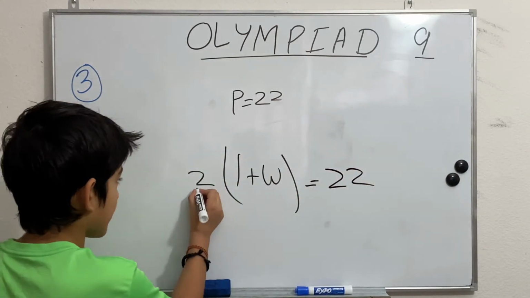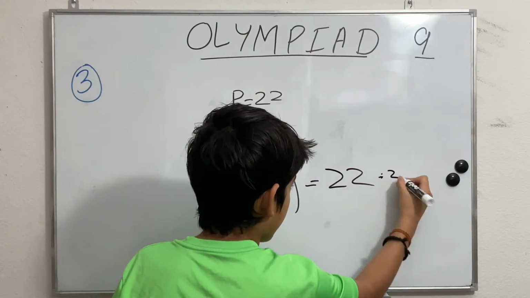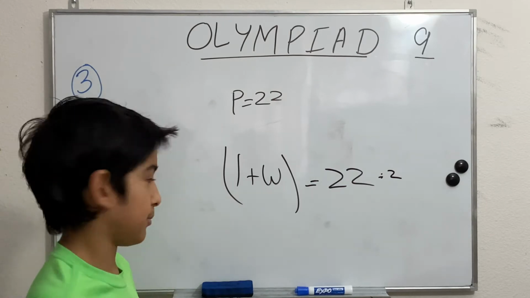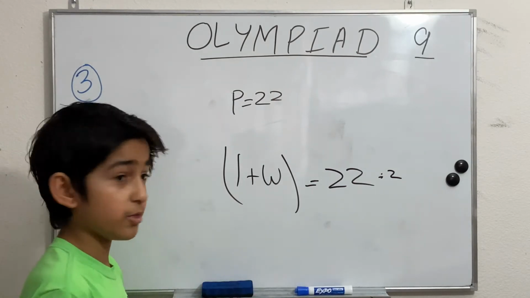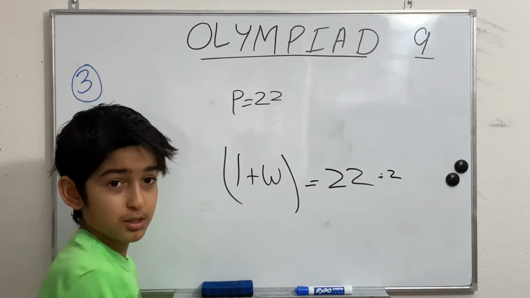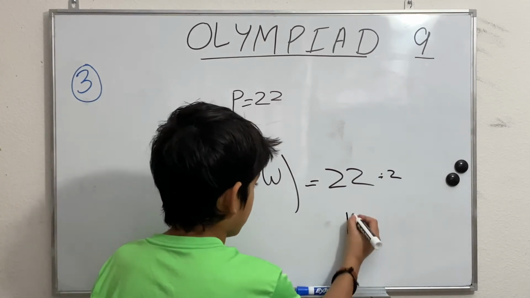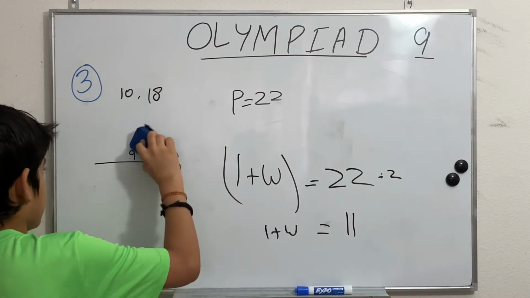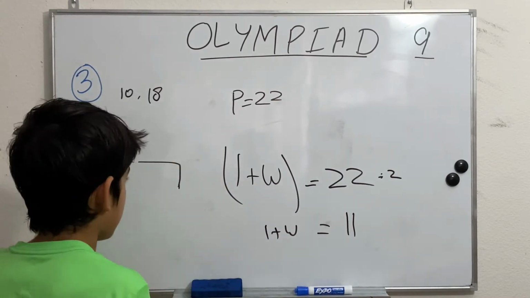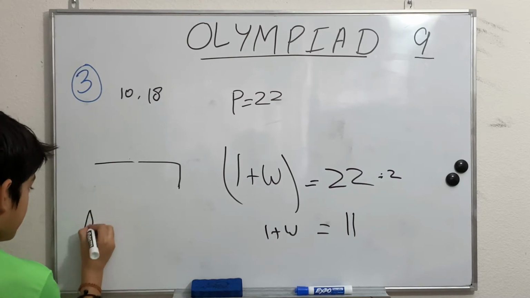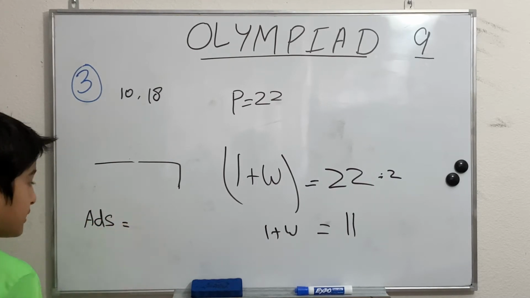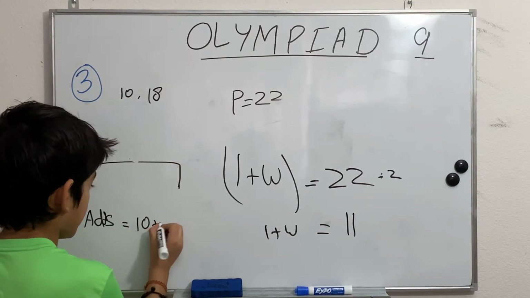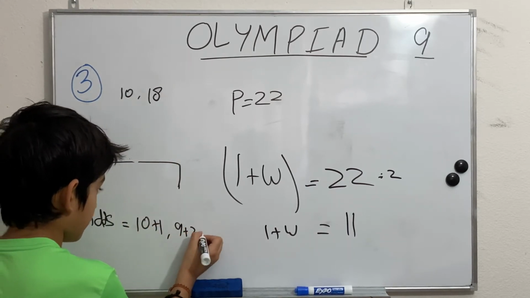So what we can do is bring this 2 on this side, so it becomes divide. So L plus W, which is length plus width, is equal to 11, because I just divided it. Now that we know this, we can find the combinations that add to 11. So it can be 10 plus 1, 9 plus 2,